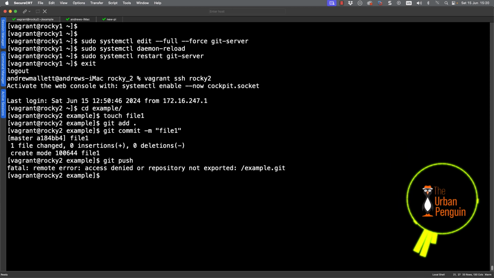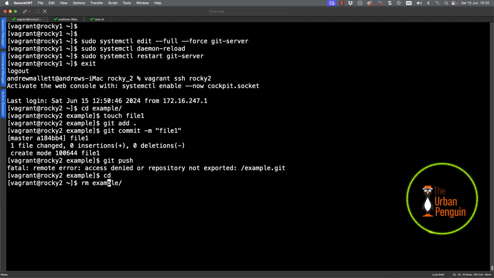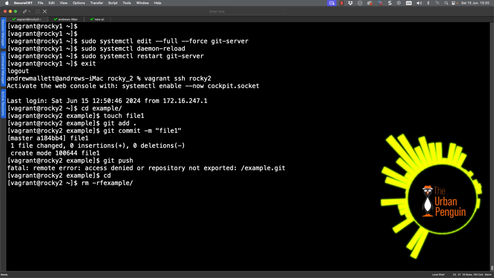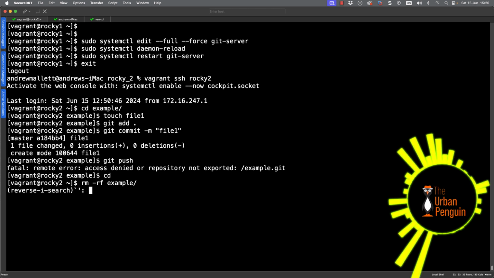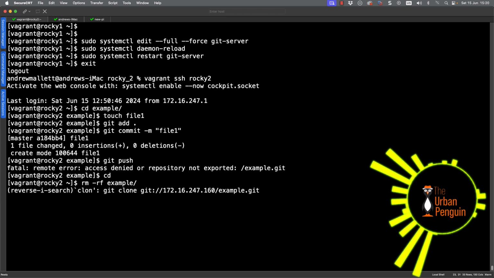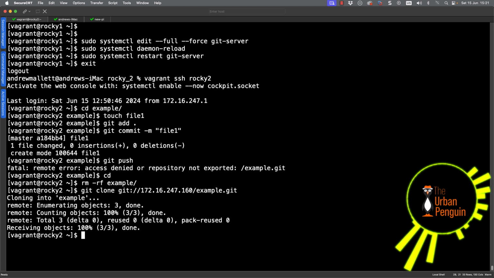Now, we probably need to test that we do have read access. All we've done is prove that we can't write, but we can still read. So if I go and remove the example directory, remember this is just my local copy, and then check that we can clone it. Again, I can just go through and use Control and R, searching for clone, hitting the Enter key, and you can see that we've been able to clone our repository. It's obviously not showing as empty now because we had previously added in our readme.md file.